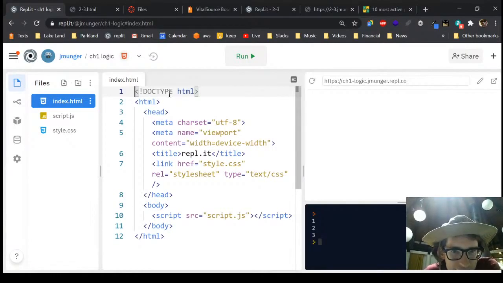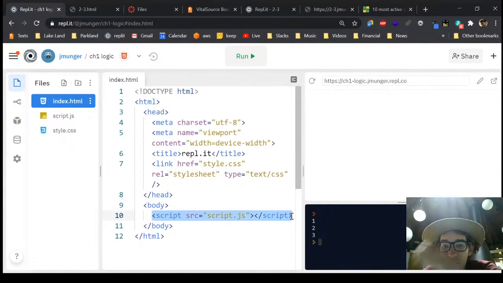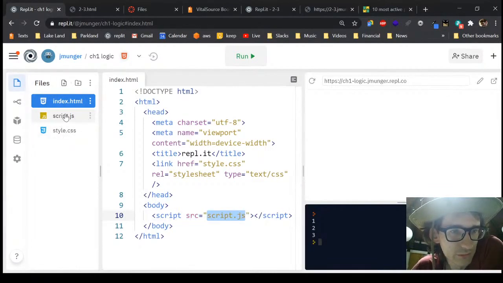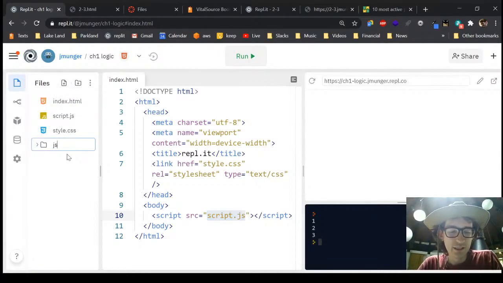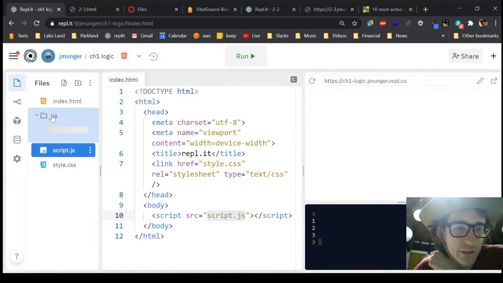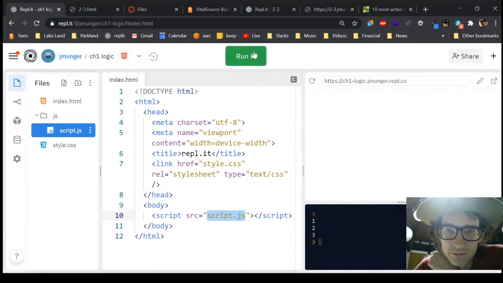So anyway, in the index.html, this is all boilerplate stuff. And then right here, this is the important part. This is how you set the file to run, okay? So you put script, src for source, and then the file path. In this case, it's the name of the file because they're in the same folder. If it was in a different folder, say, you'll see this commonly on websites, they have a JS folder, and that's where they store all their scripts that they're going to use, okay? If I put that in there,